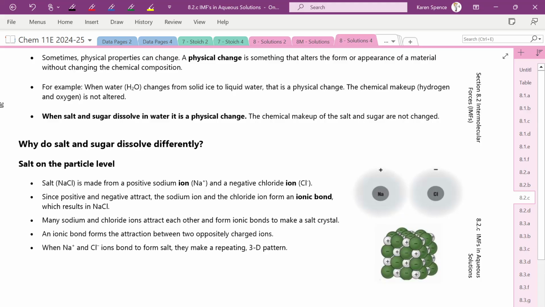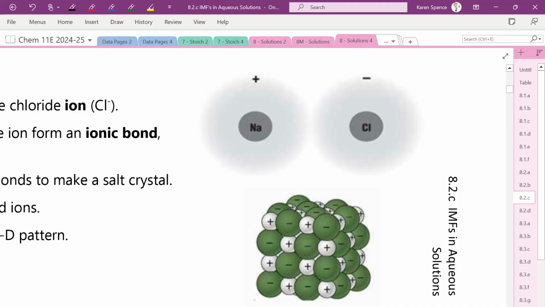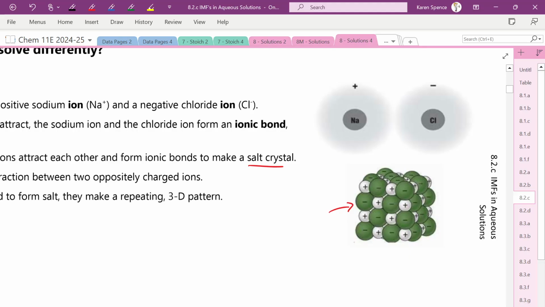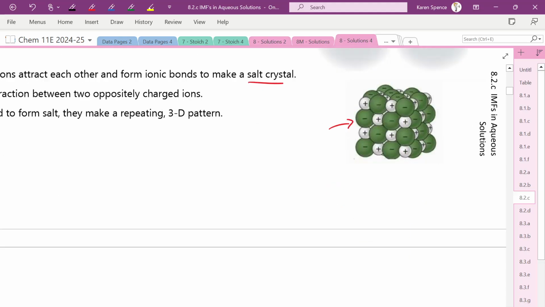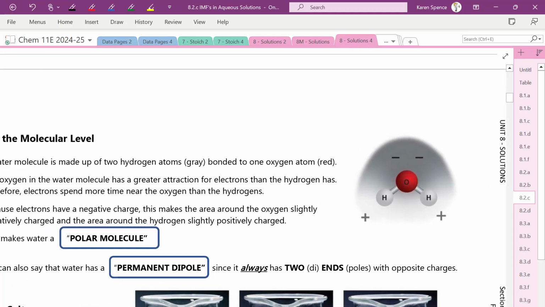Well, sodium chloride is made from a positive ion and a negative ion, and they form together, what do they form? What's this structure? Crystal lattice. Okay, so they make a salt crystal, a crystal lattice. And if we look at water, because we're going to have an interaction between the salt and the water,